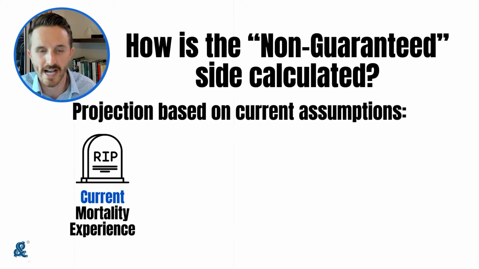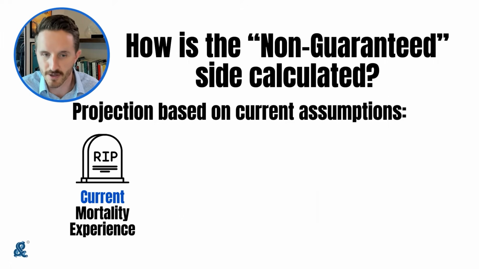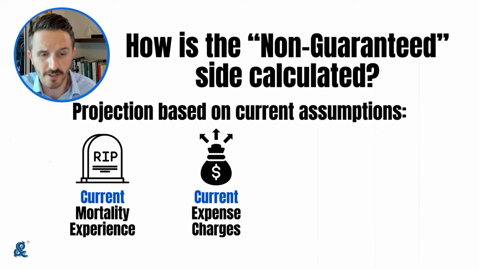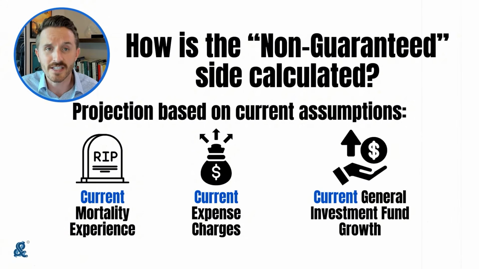So it's current mortality experience. An average amount of people are dying every year as part of the policy owner. It has an average amount of expense charges, whatnot. There is current general investment fund growth, which means that the dividends get paid. All of the life insurance carriers that we work with have paid dividends for over 100 years without missing a